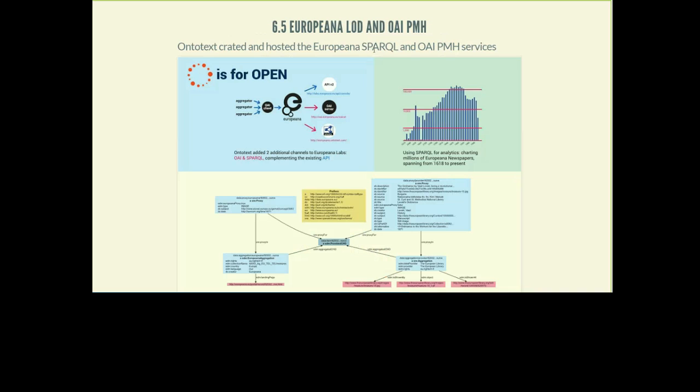Next up is Europeana linked open data. So as part of the Europeana Creative Project, Ontotext created the Europeana SPARQL or EDM endpoint and the Europeana OAI server. So Europeana has always had the API, and we created these two other ways of getting the information. OAI is used if you want to get objects in bulk, whereas SPARQL is used if you want to write queries, statistical queries like on the right, or find connections between objects and so on.